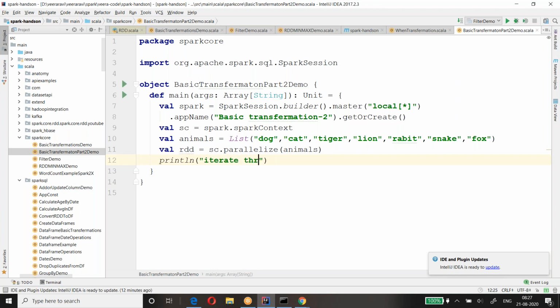Iterate through. We will be using this, but now we'll never recognize it as a separate action. Okay, we'll be frequently using the for each. Okay, you can see RDD dot for each